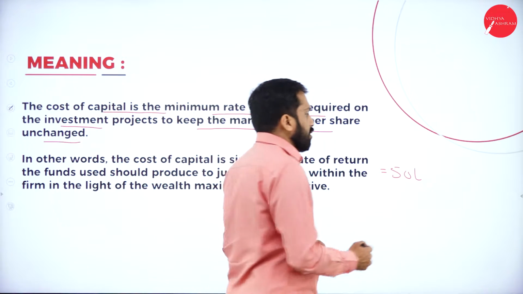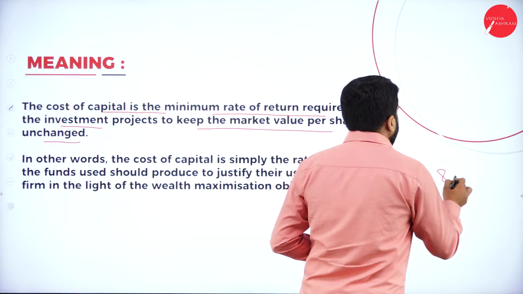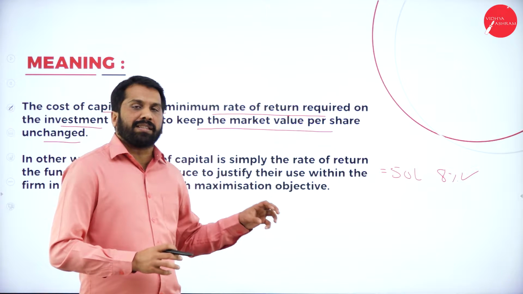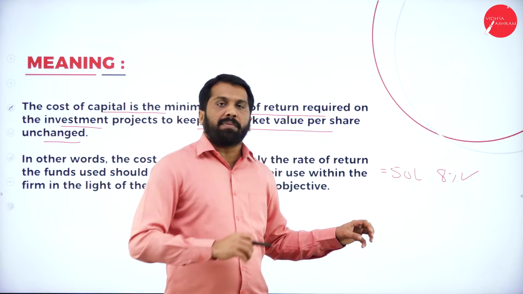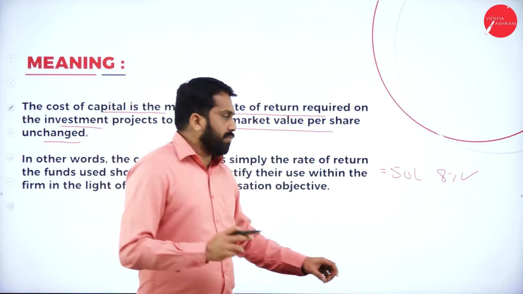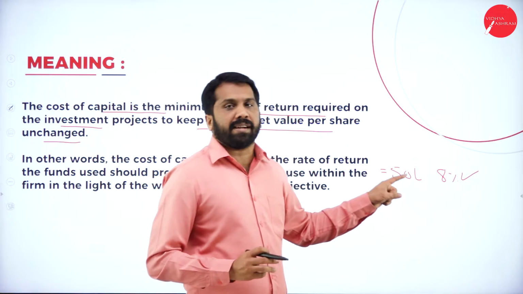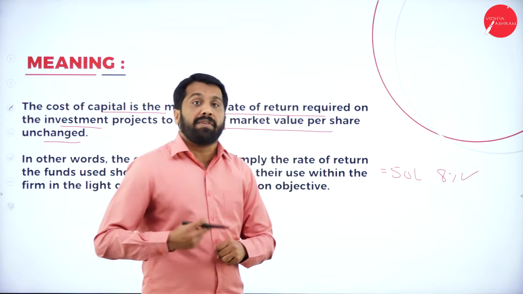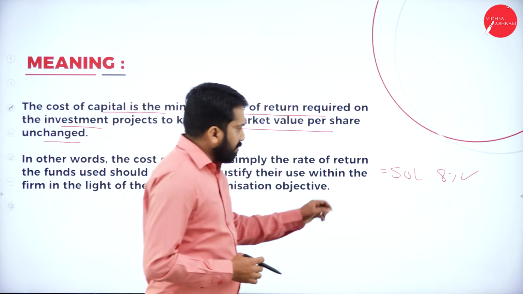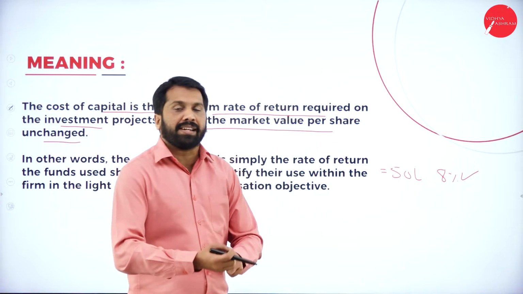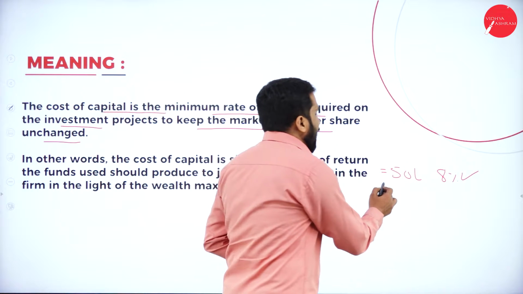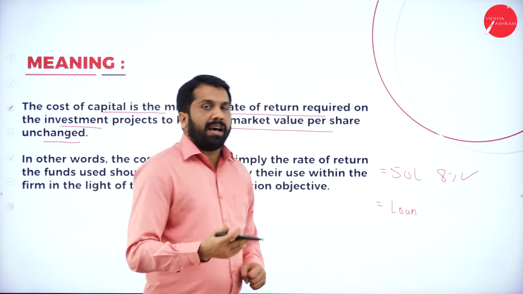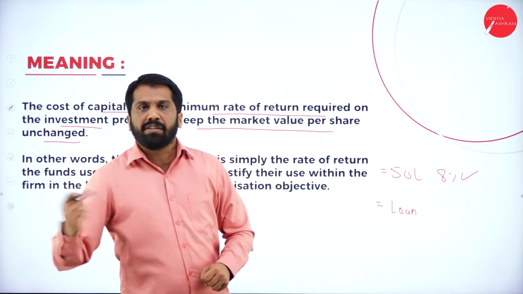How much percentage will you give? You will give almost 8% to the public. If somebody comes and deposits their money in your bank, you are providing 8% interest per annum. So 8% interest you are giving from your hand. Now, whatever 50 lakh you collected from the public can be given as loan to outsiders. I'll collect 50, I'll give 50 lakh.